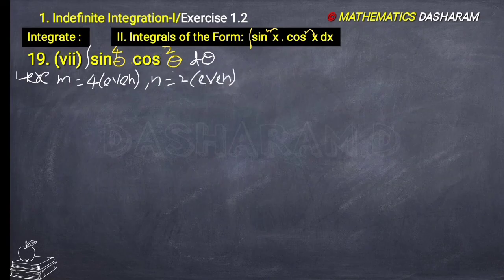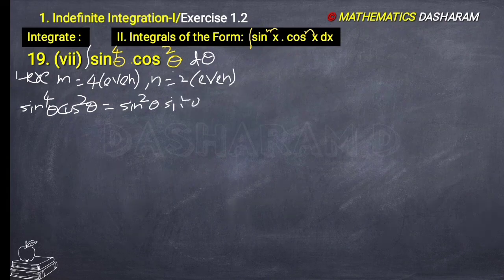So when m and n both are even numbers, we need to simplify this expression first, then apply the integration. So here sine to the power of 4 theta equals sine square theta into sine square theta